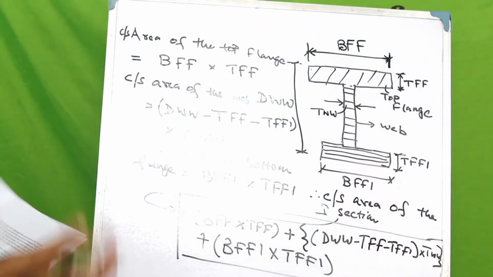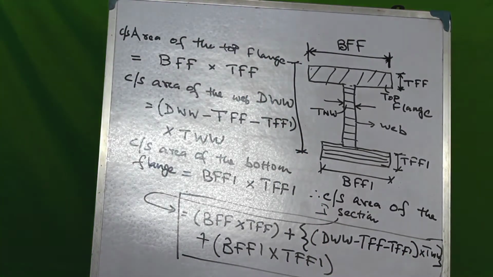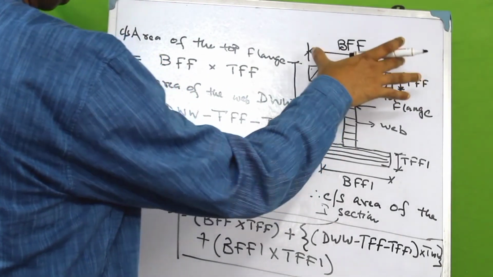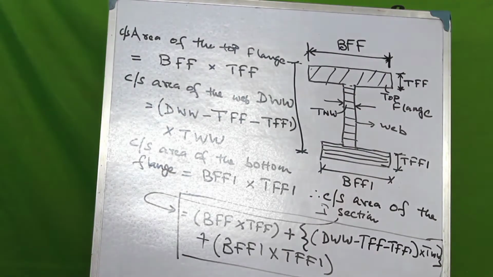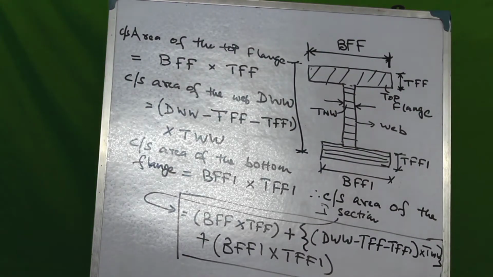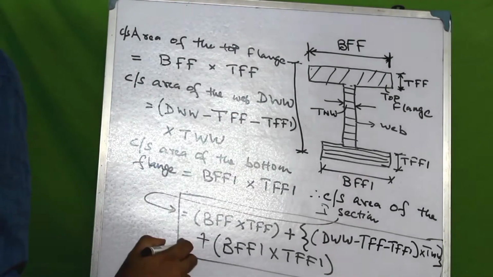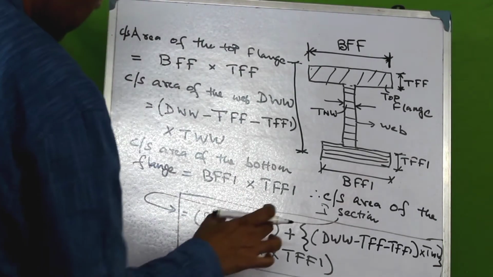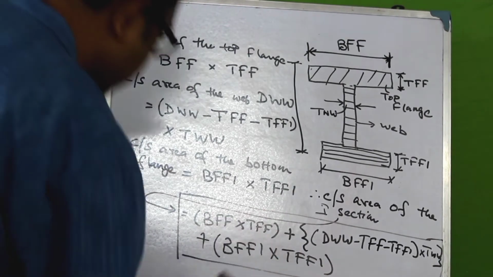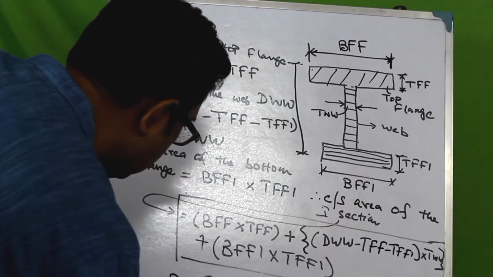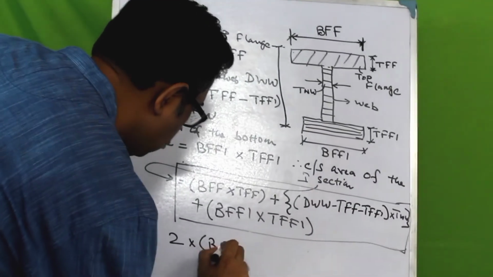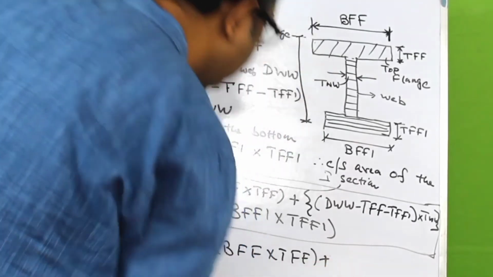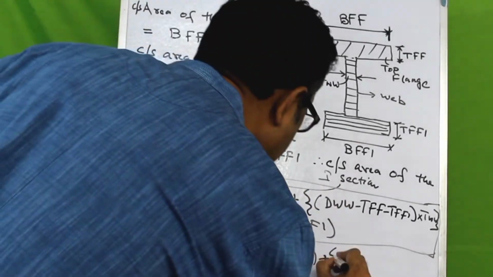Now note that in most of the cases you'd have the width of the dimensions of the top flange and the dimension of the bottom flange exactly the same. So in that case, these terms would be the same. So in those cases, you could represent this equation. So these two would be similar terms. So it would be 2 into and then this would be